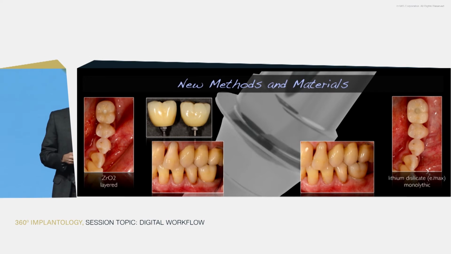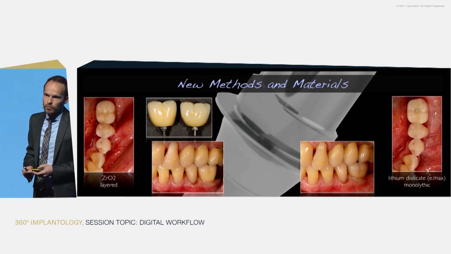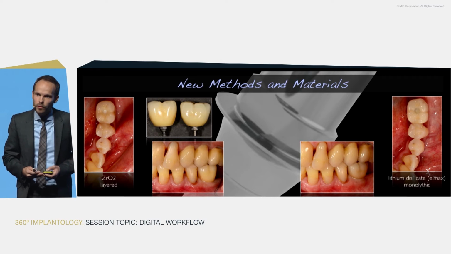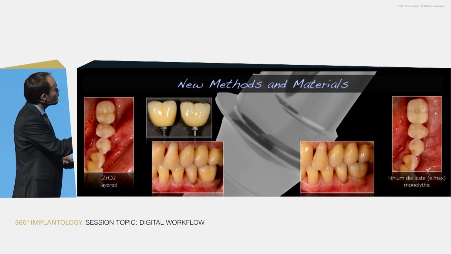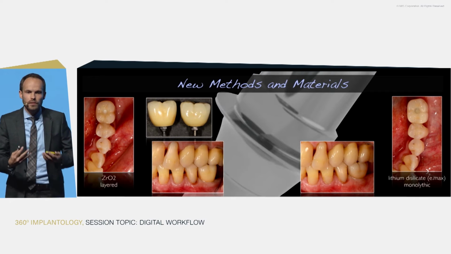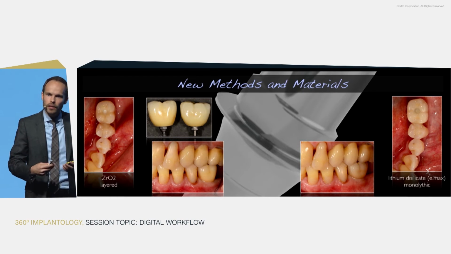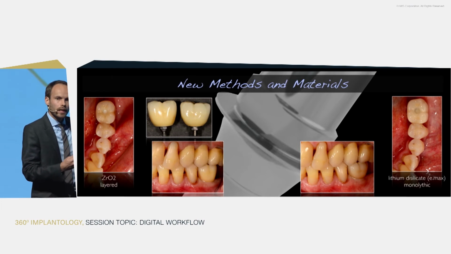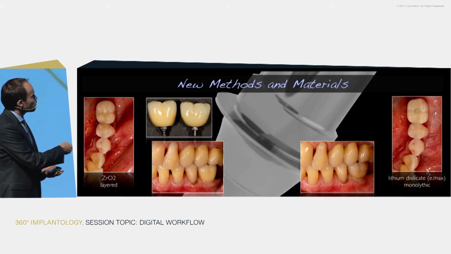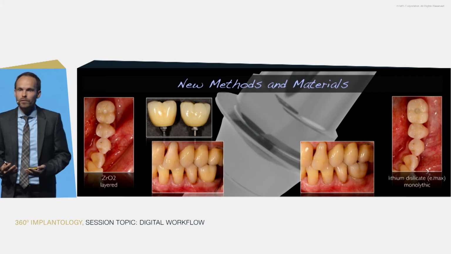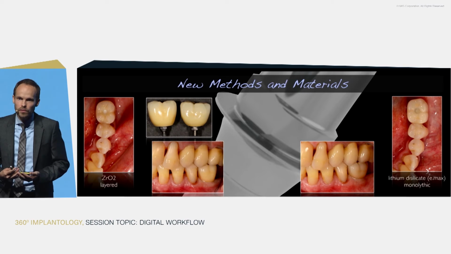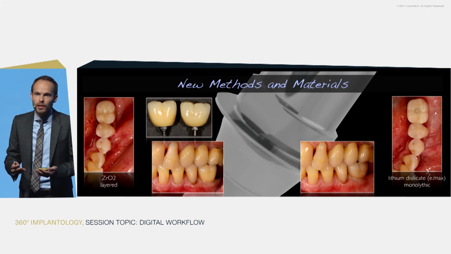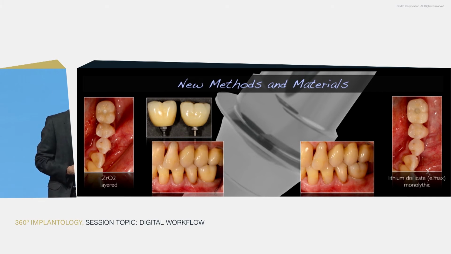But if you would have asked me 5 years ago, my mother needs a crown, what would I have told her? What crown would I have created for her? For sure, I would have created this type of crown because I would have had the chance to give her all my knowledge. I could have layered, I could have given her the best color, the best appearance, the best surface. Today, looking into these pictures, in the posterior region, I have to admit, I have to change my concept. I have to change my philosophy because with this, there's hardly any chance for chipping. There's hardly any chance for any kind of stress